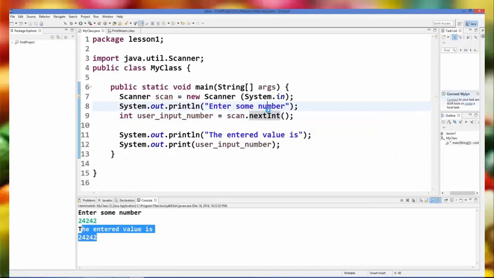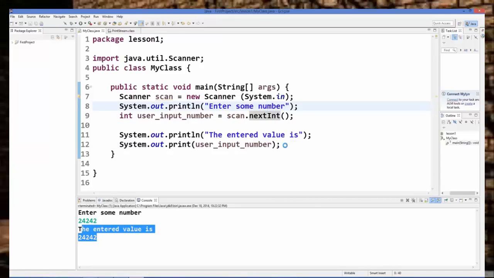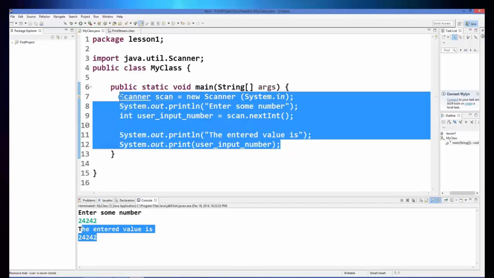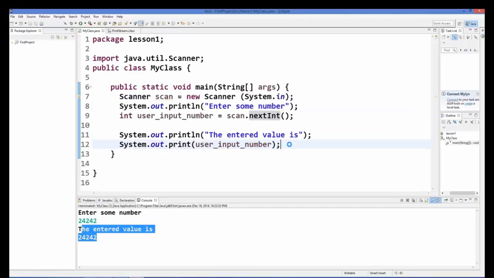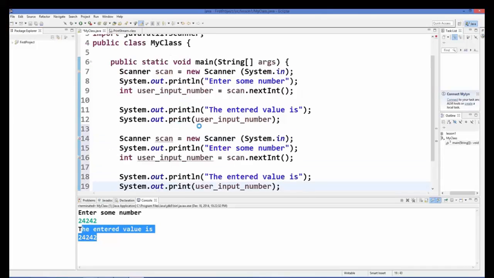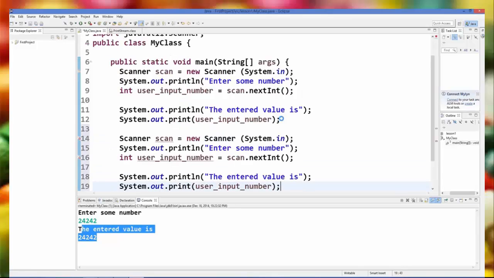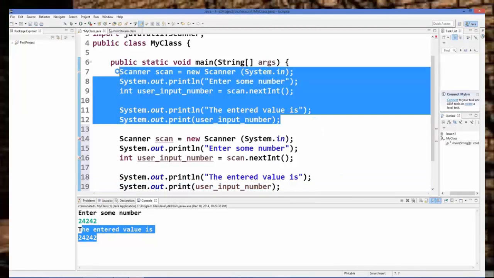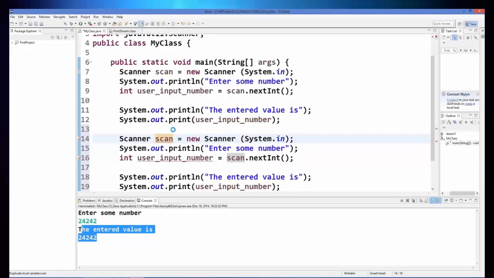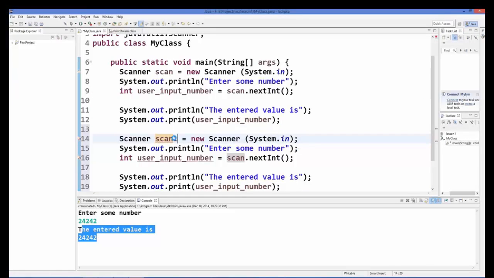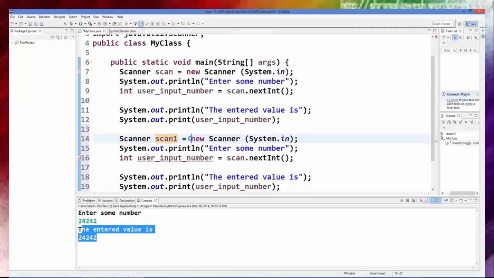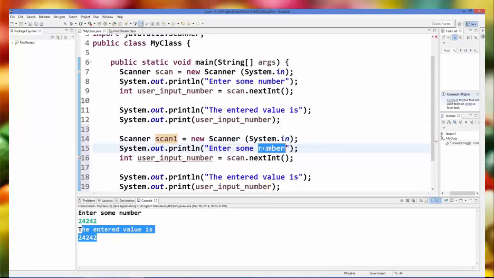Now suppose you want the user to enter some double value or some text value. How can you do this? You can do this. I will just copy the same lines from here, but instead of using this scan, I'm defining another scanner, which is scan1, and in here I will say enter some